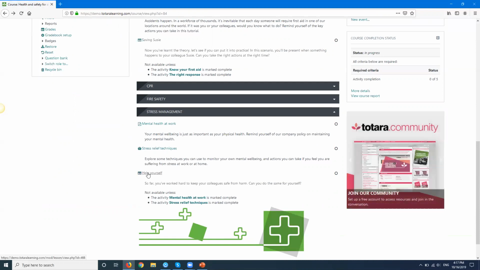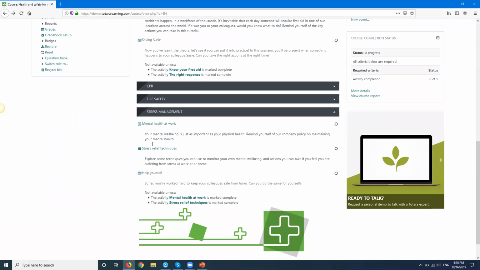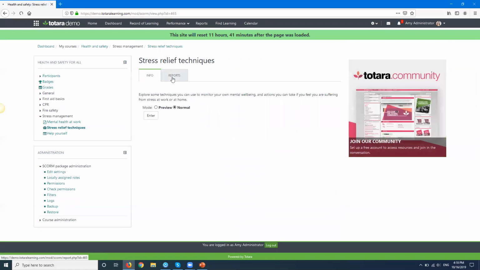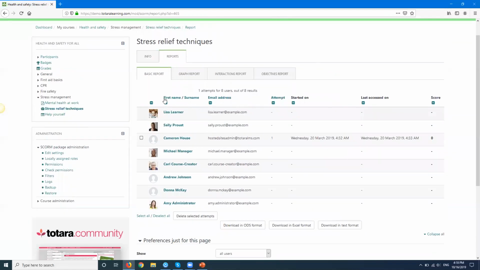So let me click in. I want to show you one more piece from here. Actually, no, not the lesson, the one just above it here. This SCORM is a little bit different with its reports. There's actually a reports tab that will show up. If you are a site administrator or a trainer or an editing trainer, that reports tab doesn't show up for learners. So we can go in and see just some basic reporting,